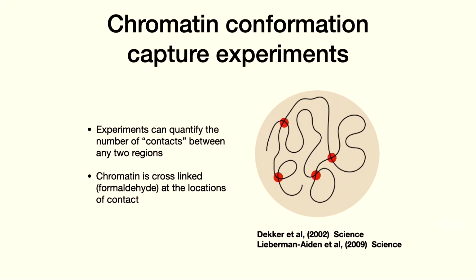Let me quickly tell you what this is. Basically, DNA is a polymer, and as it folds, different parts of the polymer will come together and interact, and this method allows you to figure out these contact points. You add a cross-linking agent that cross-links wherever they are folded and in contact, and then you can add